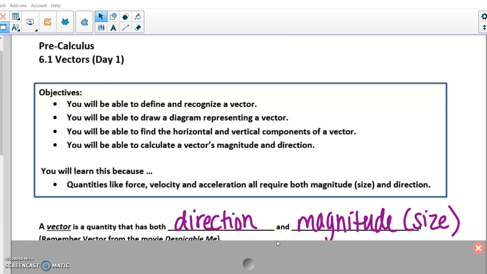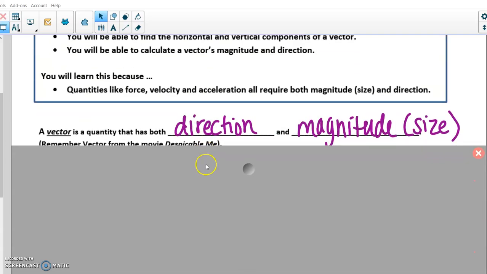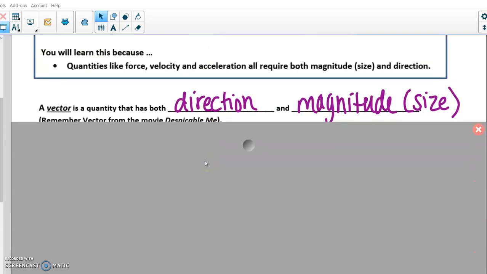So far, you guys have done polars. So you did polar coordinates last week and you've done polar graphs this week. The other topic that goes in this chapter are vectors. So vectors are a quantity that have both direction and a magnitude or a size. So for every vector, you're going to have to figure out the degree of the direction and the magnitude or